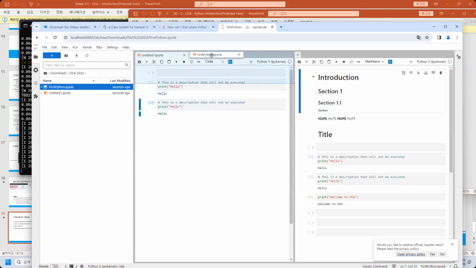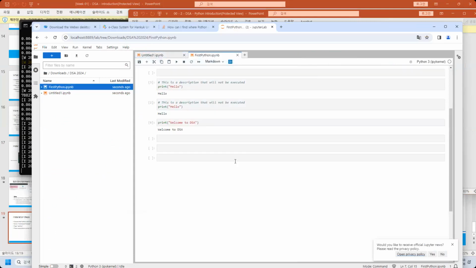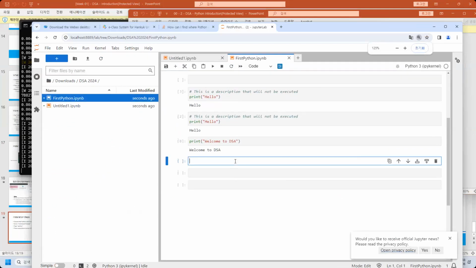Okay, let me get back. So I can do it like this: print welcome to, let's say I want to put DSA in quotes. How can I print? If you put two quotes like this,